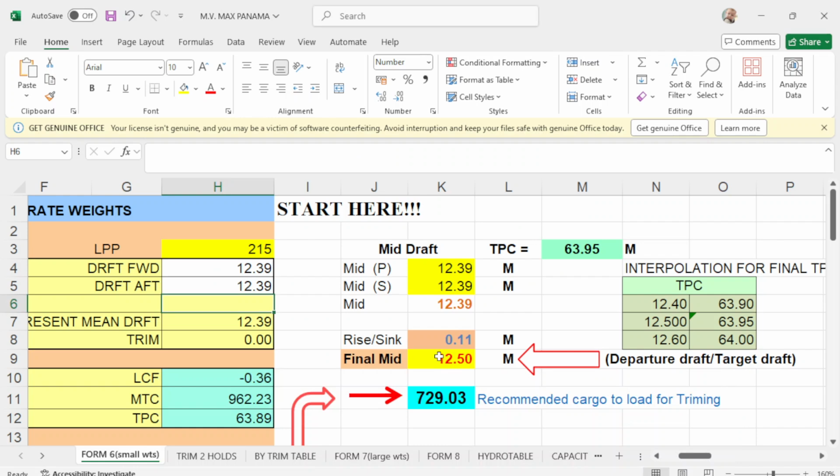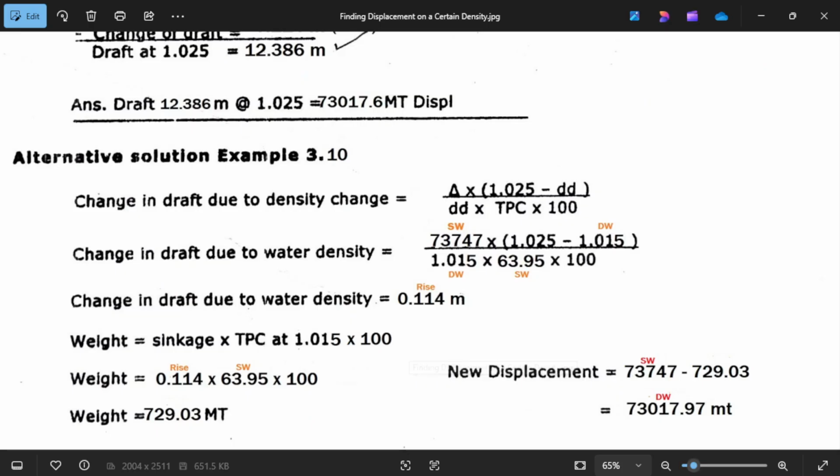Your sinkage or rise is 11.11, and the recommended cargo to load is 729.03, which is the same, right? 729. Okay, and the corresponding displacement would be 70317. Okay, let me check the program.